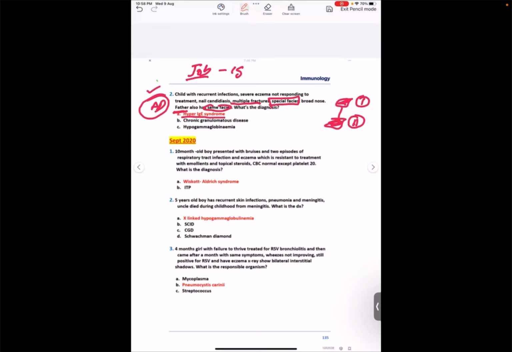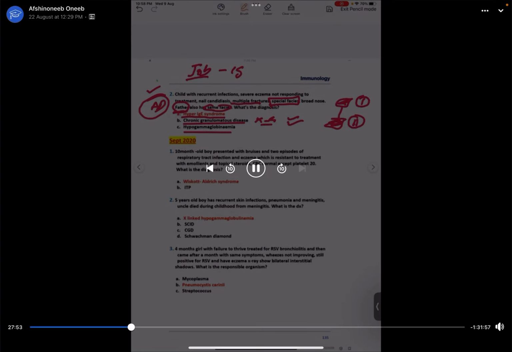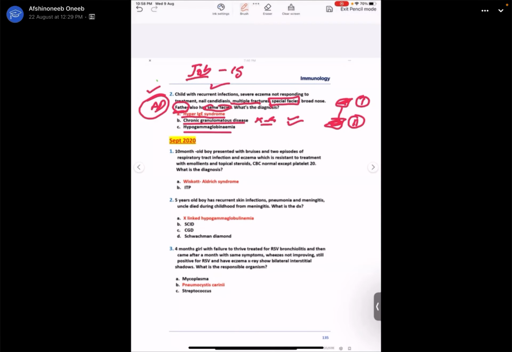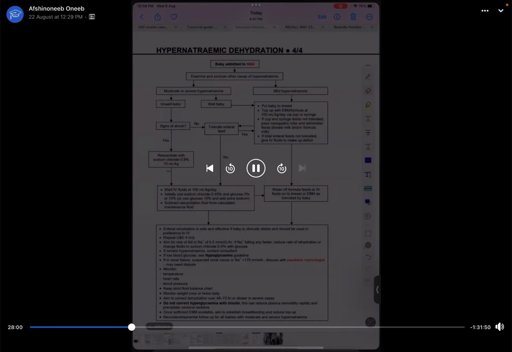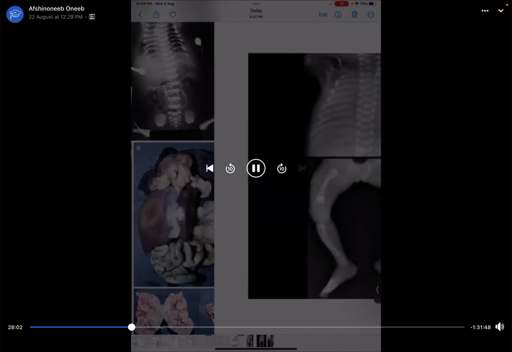Okay, they are talking about chronic granulomatous disease. It's X-linked and it is going to present with multiple, recurrent abscesses. Hypogammaglobulinemia, again, due to the father's involvement, they are trying to confuse you with X-linked recessive. No, that is autosomal dominant. It's not a case of X-linked agammaglobulinemia. I will show you a picture which I previously also showed you, that